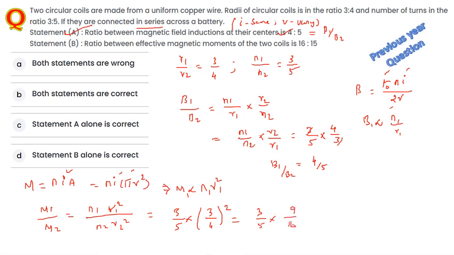So what you are going to have here is 9 into 3 is 27, and 16 into 5 here is 80. Now m1 by m2 will be equal to 27 by 80, but what they have given here is 16 by 5. So this statement here is wrong, so only A is correct. So the answer in this case here is